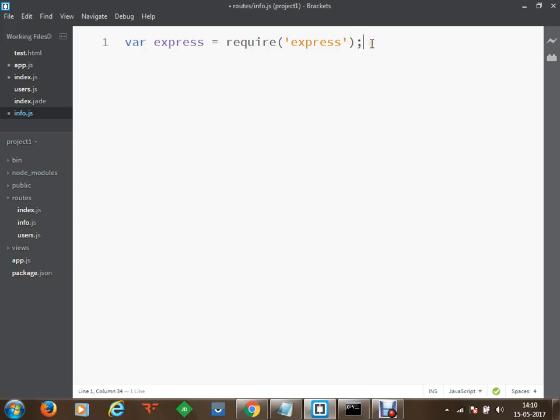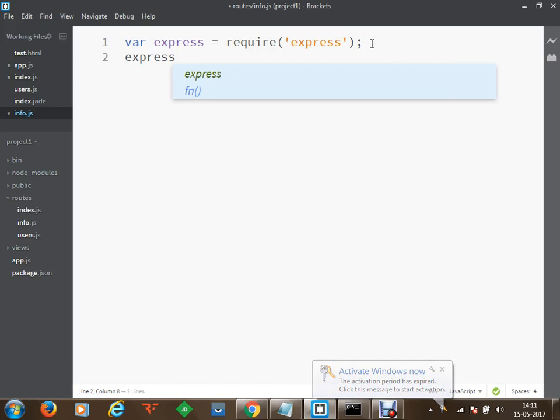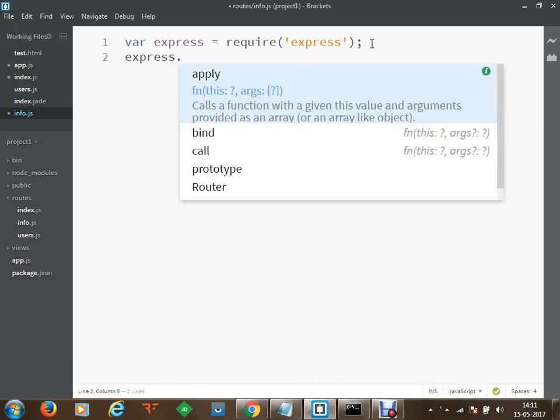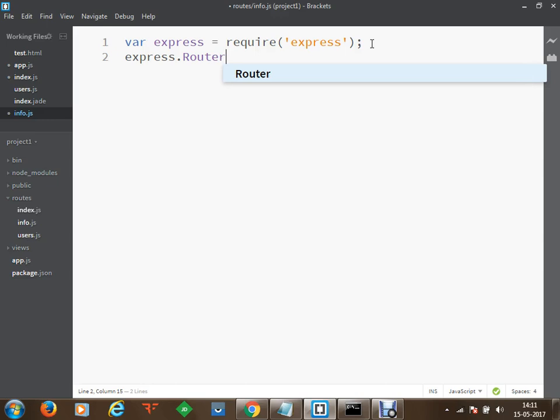Since this is object-oriented JavaScript, we can make use of objects, we can use scope resolution, and we can get a list of functions available. Then we can make use of those functions in order to perform a task. So next, from this express object, I would like to execute a function, and the name of the function is router. What this router function does is create routes for us. So I'm creating a new instance of the router, and I'm going to store this in a variable and call it info. So info will be an object for the info route path at the moment.